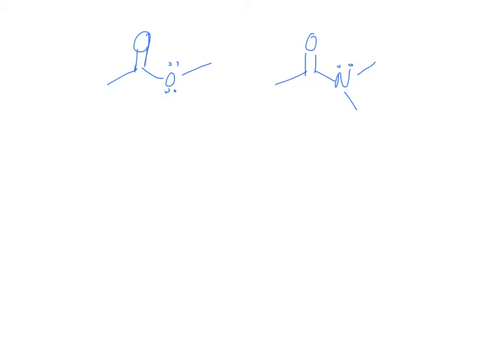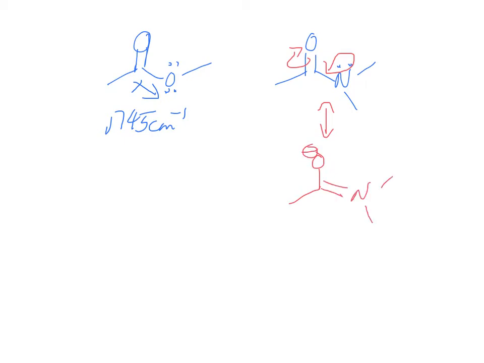Remember, esters have their higher wave number frequency, right? Because this bond is so polar. Remember, it's a tighter frequency stretch. That's why esters are at 1745, right? Because the oxygen is pulling away electron density, versus with amides, right? They can actually do resonance, and because of this resonance, life exists, right? The strength of this bond, because it does resonance, this carbon-nitrogen bond has some double bond character,